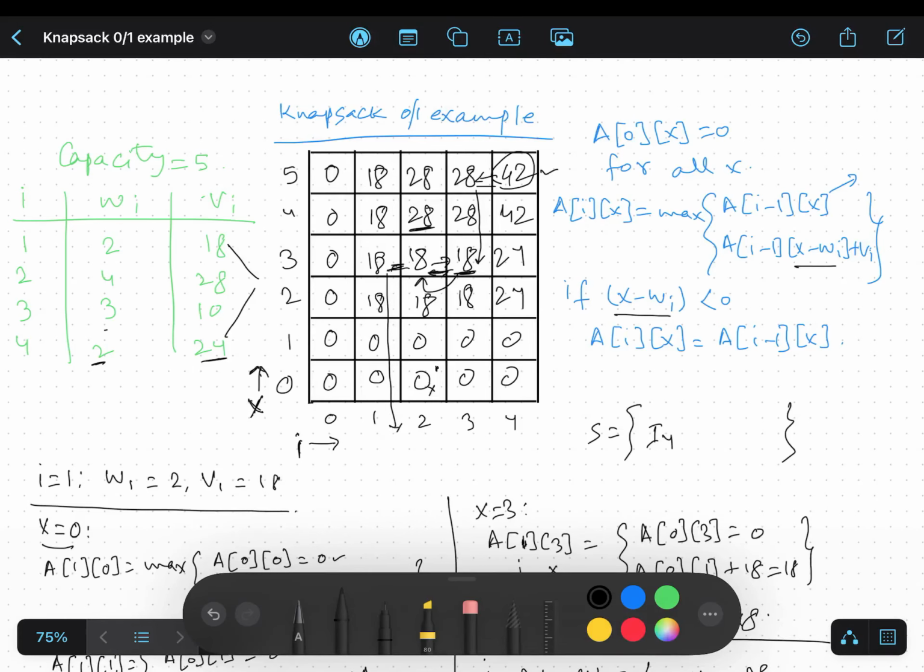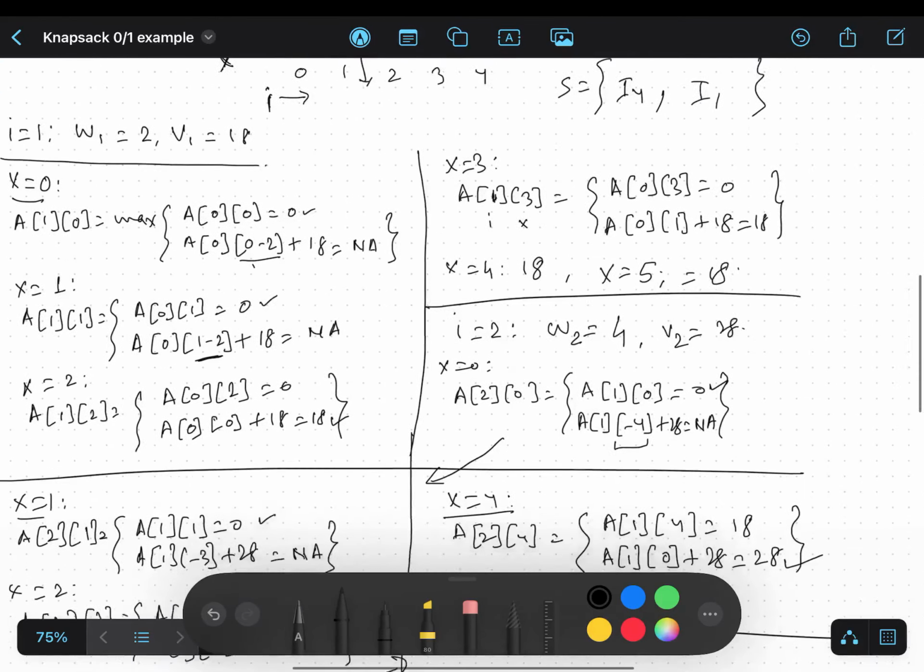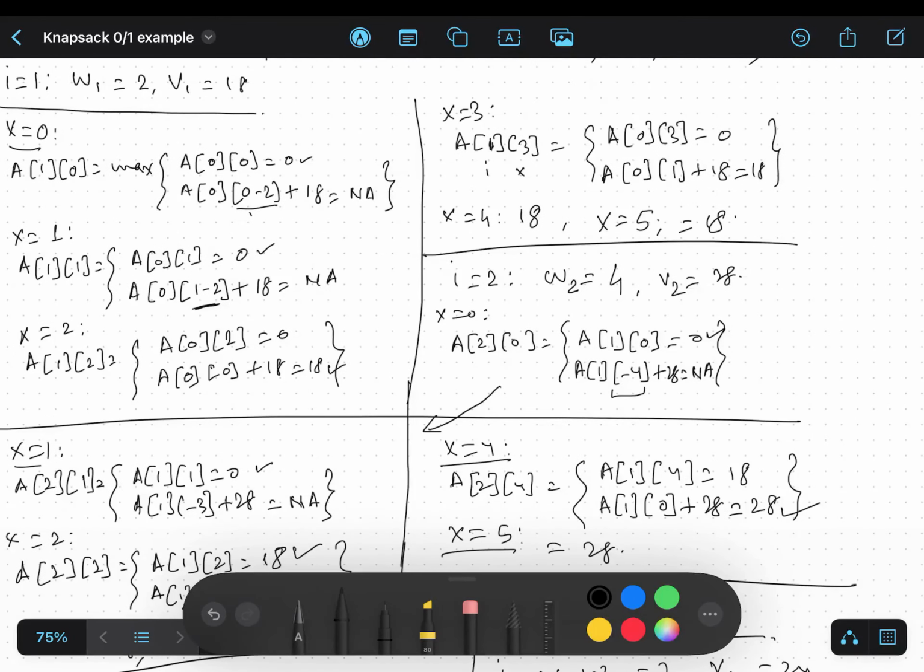So definitely the value is coming from here, and then this is going to be our final value because the value is not coming from here. So item 1. So we got item 1. That's how we reconstructed the solution,